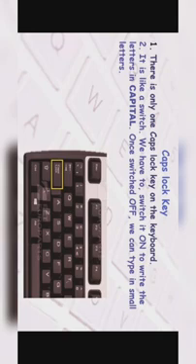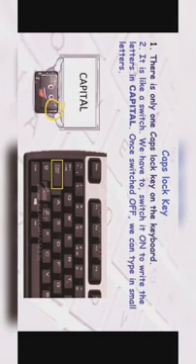As we all know, we have only one set of alphabet keys on the keyboard and we have to use this one set to type in capital as well as lowercase. So if you want to type capital letters, we have to switch on this key. Once I press this key, I will get a light on it, and I will be able to type in capital. So that is the function of the caps lock key.